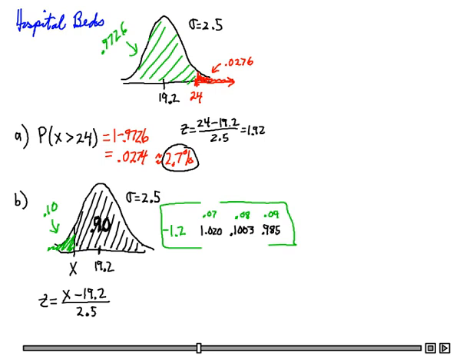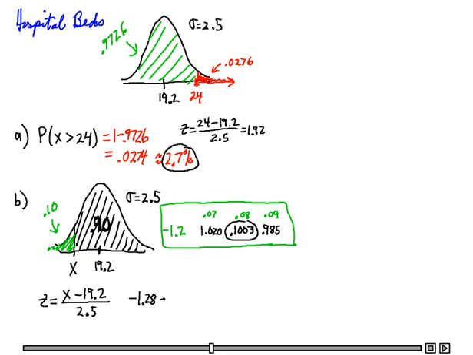So as close as I can get to the lower area being 0.1, that's going to give my z-value at a negative 1.28, right? This 0.1003 is as close as I can get. So my z-score will be a negative